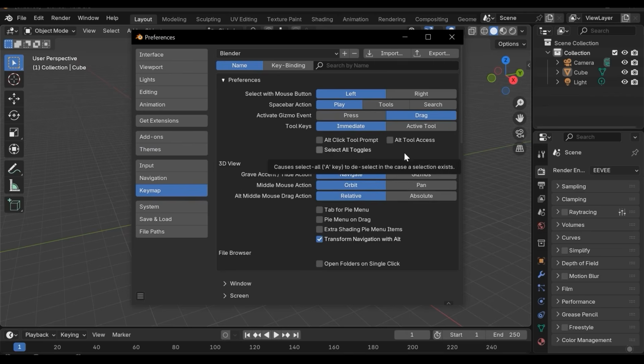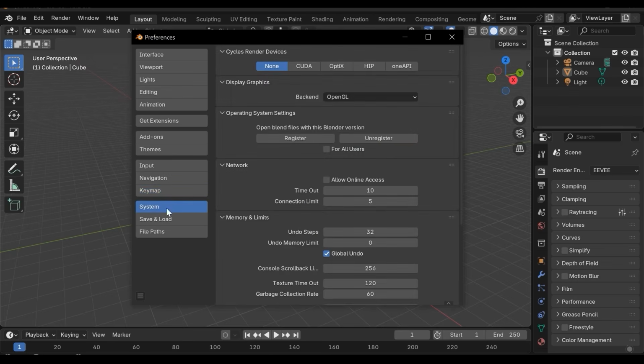For example, if you want to switch to the camera, you need to press the 0 key on the numpad. Some keyboards don't have a numpad and you need to change it. For example, my keyboard doesn't have a numpad and I need to change the camera option to, for example, Control Shift and 0. I'll do it later. Here in the system we can change